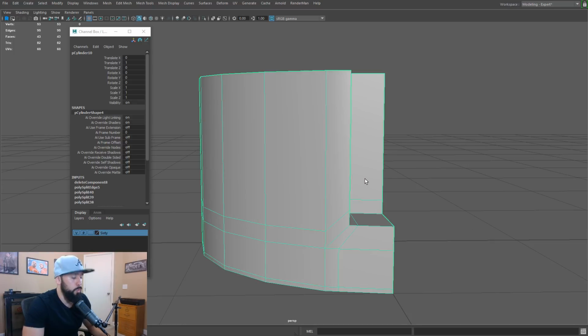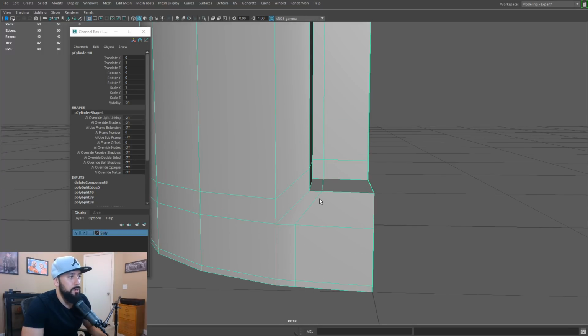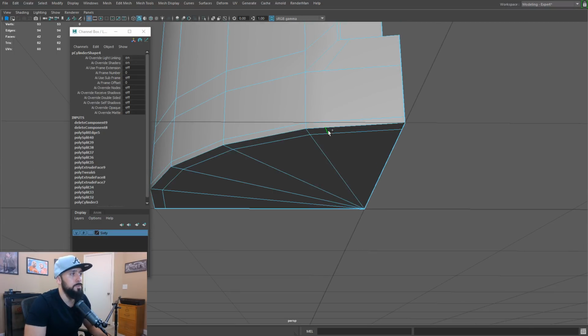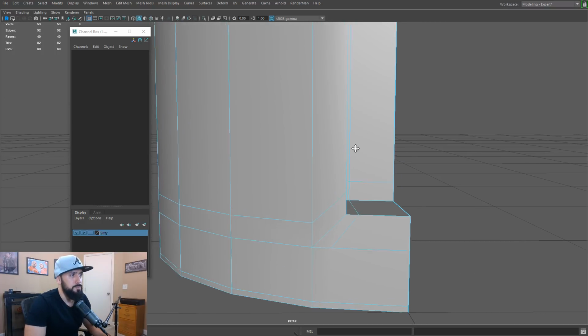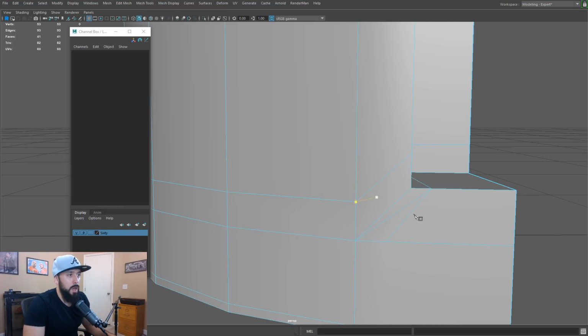So now what we could do is basically start doing some of our edge flow work. So we know that we need this edge here, but we don't want it here, right? So what I'm going to do is go here, delete this, and then just double click this, delete this, right? And now what I can do is with my multi-cut, I'm going to take this guy here and push it here. So essentially what I'm going to do is take this edge and run it parallel to my cylinder here, or to this edge here. So now what I can do is delete this guy,